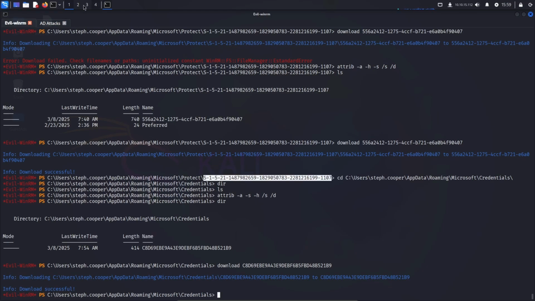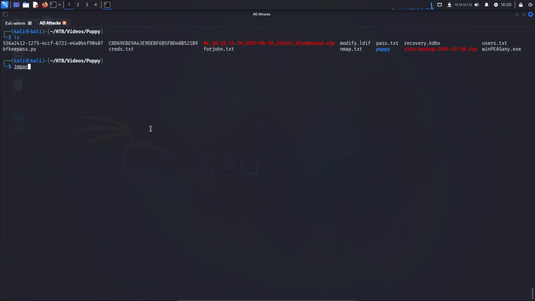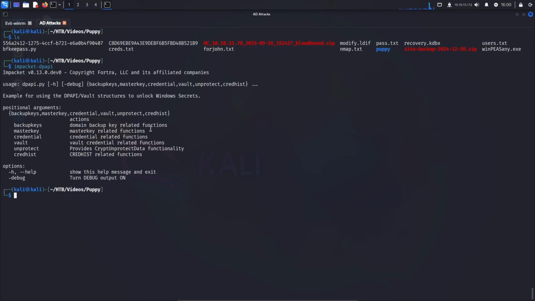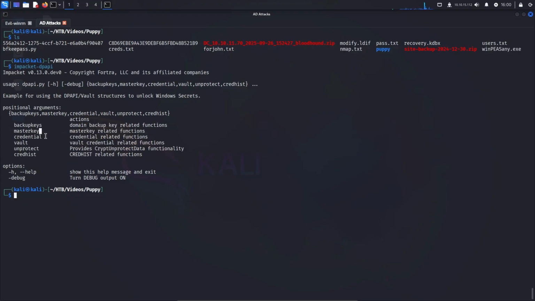So the tool we can use to actually uncover these is the impacket-dpapi tool. And it's similar to all the impacket tools. There's a ton of stuff we can do here, but to start, we're going to do the master key. So we need to actually decrypt this master key to get into the credential file. And the way I interpret it and think about it in my head is